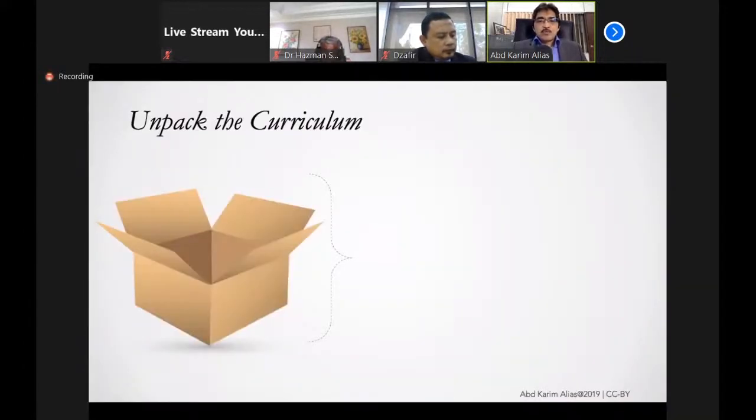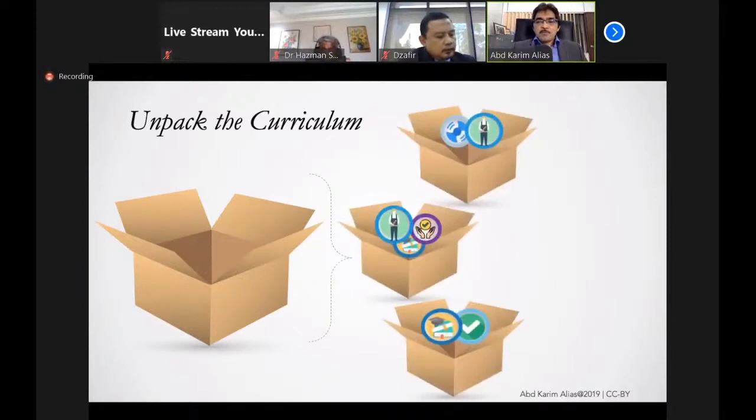So just to illustrate, so that we can visualize it easily, we start with the whole curriculum, then we can unbundle or unpack it into several packages. In this example, we have 3 packages. In each package, we have several courses, and the course can be modularized, and the course can carry the digital badge, or the module itself can carry a digital badge. It's up to the learning provider to decide at which level the digital badge can be awarded.